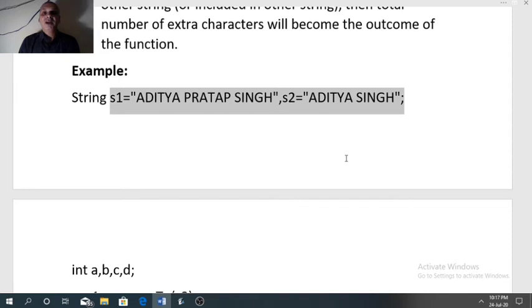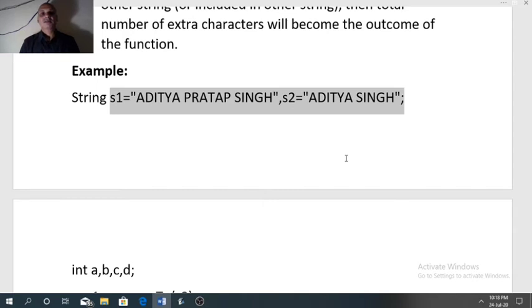The bigger string will be allotted a higher roll number and the smaller string will be allotted a lesser roll number. So if I ask you between these two strings S1 and S2, which string is bigger?